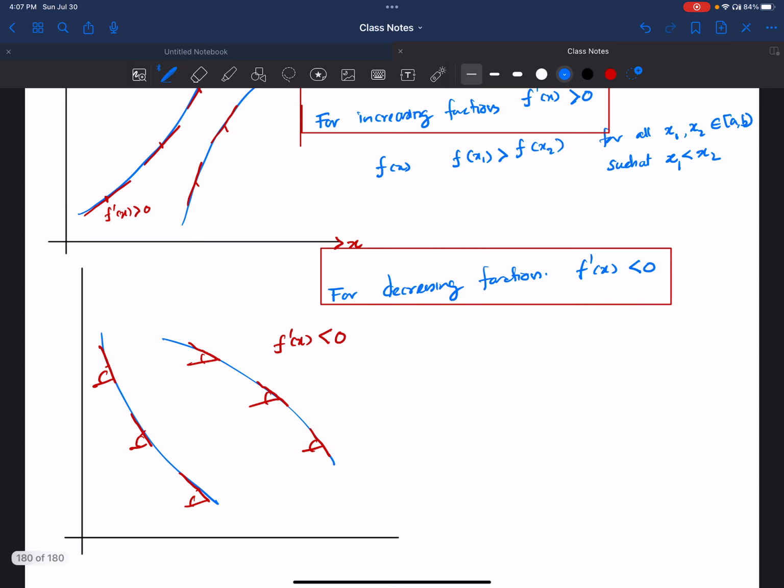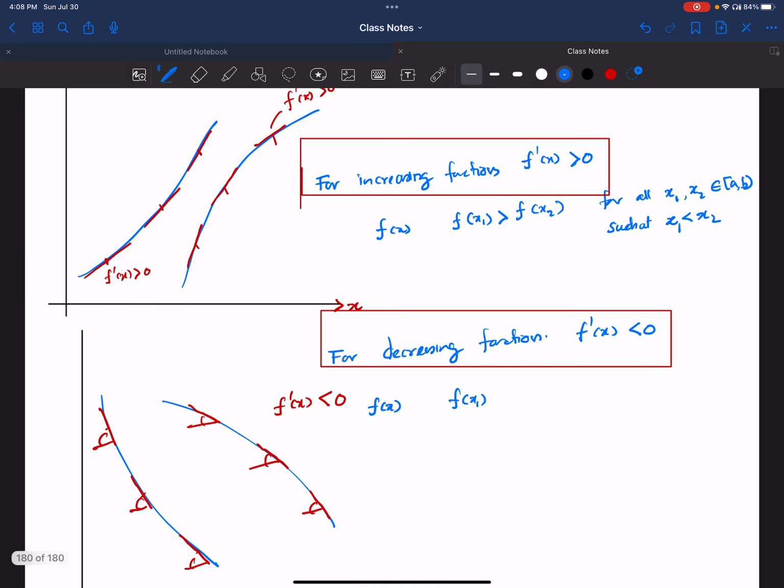So how do I define a decreasing function? f of x1 is, so here I made a mistake. This should be less than x2. So this is f of x1 is greater than f of x2